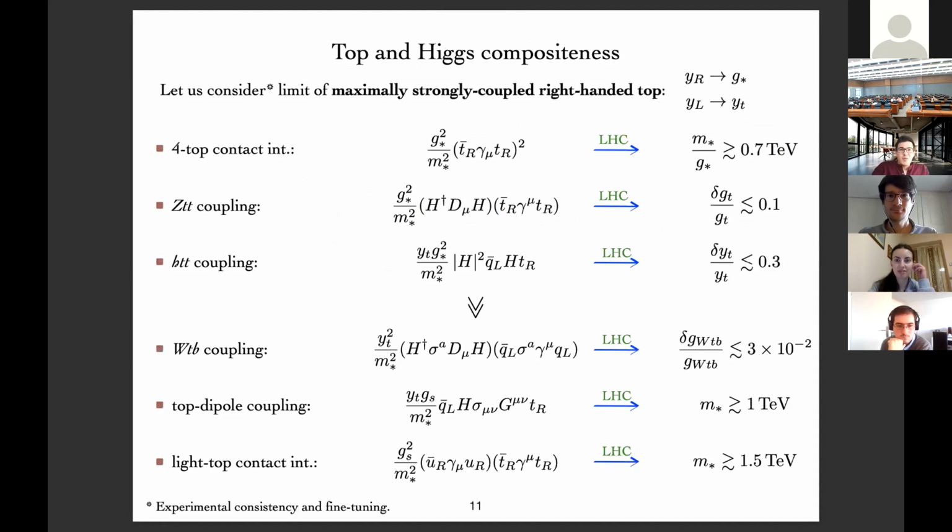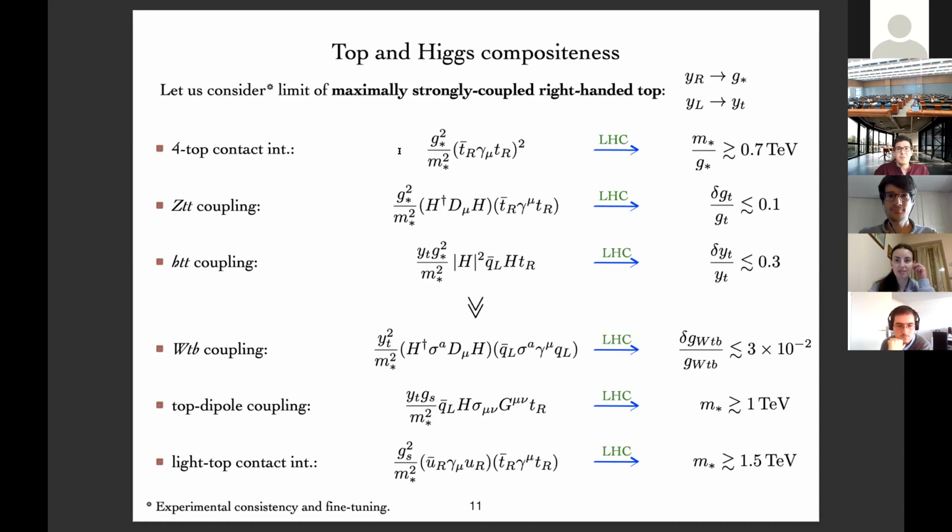Now, this scenario motivates us to consider together, as well as to compare, top and Higgs compositeness, which of course has consequences on the expected size of the operators we saw are associated with a strongly interacting top. So to be concrete, and also because it's favored by experimental consistency as well as fine-tuning considerations, I will focus from now on a maximally strongly coupled right-handed top. Okay? That means that the top right is effectively composite at the scale m star, and with operators determined by